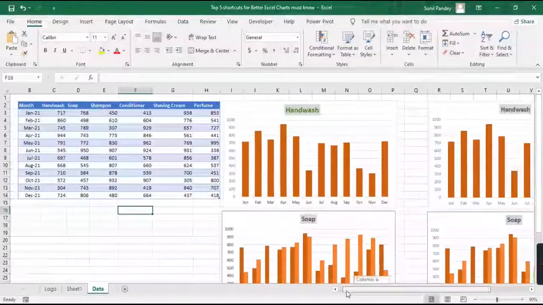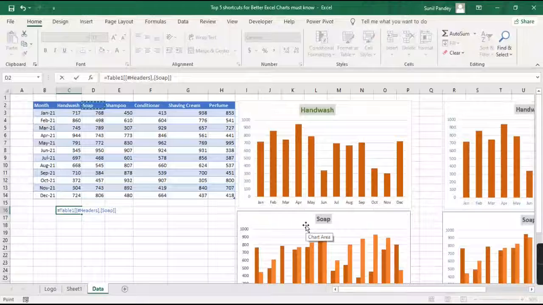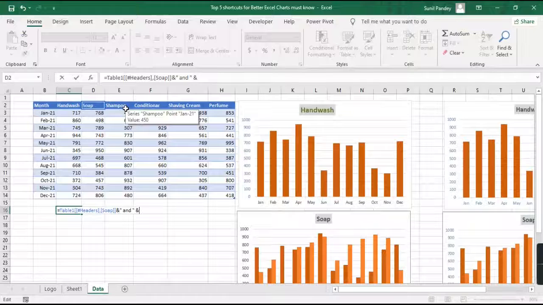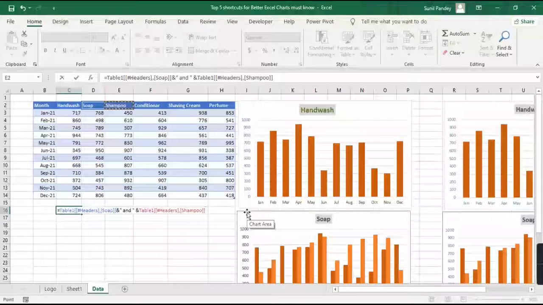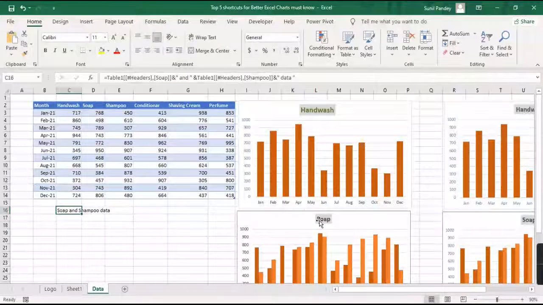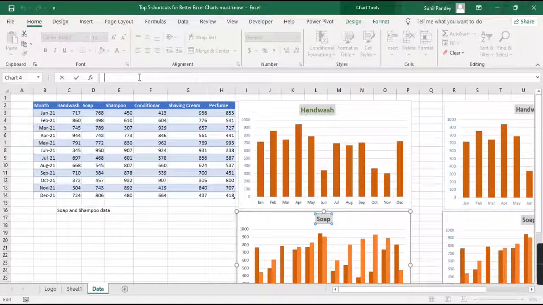Okay, so let's do soap and shampoo data, and here just click on this and in your formula bar press the equal to sign and select this one, press enter.